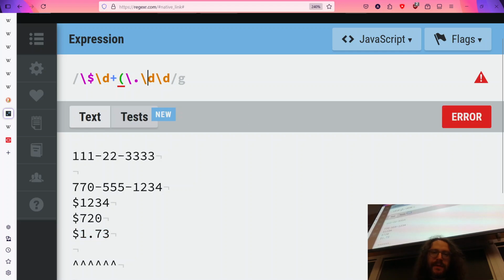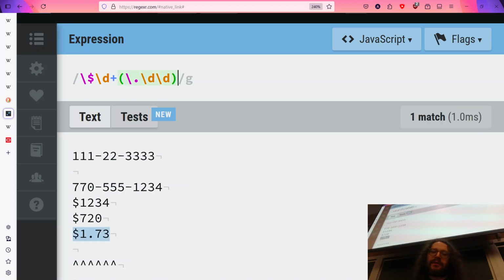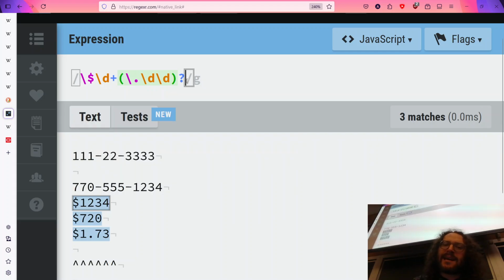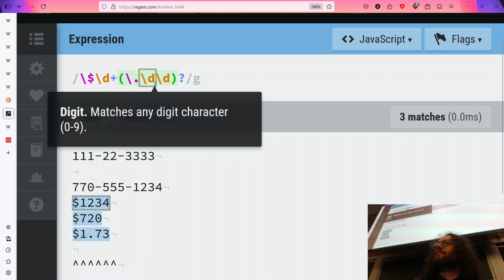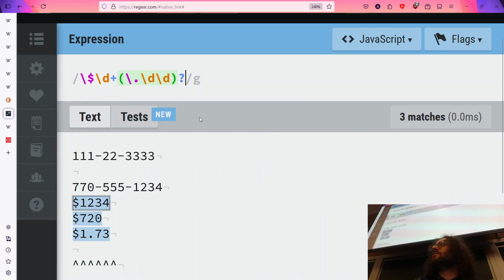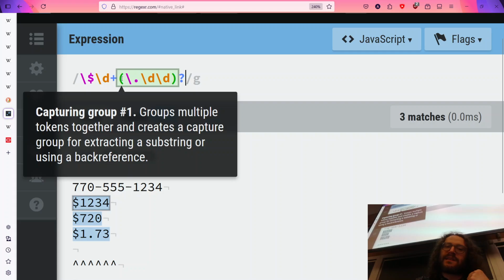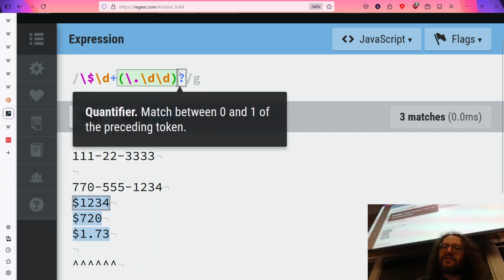Fortunately, we can use parentheses. Parentheses allow you to treat everything as one character. And so we've learned about the plus, which says at least one of. Now we're going to learn about another one, which is called the question mark. The question mark says, hey, the preceding thing in front of me is optional. The single object in front of me, either a single letter or a group of characters in parentheses, that's optional. It literally says 0 or 1 of. That's a fancy mathematical way of saying it's optional.